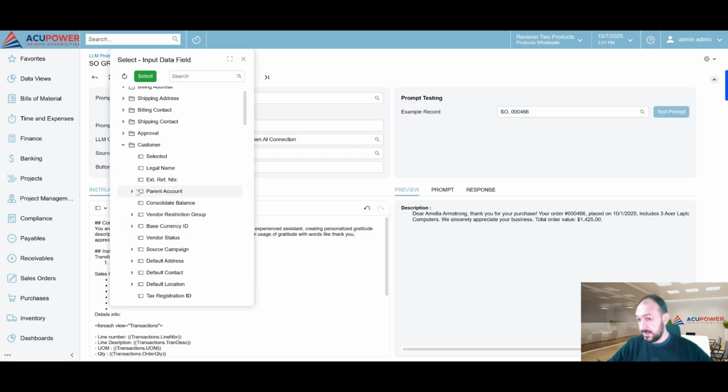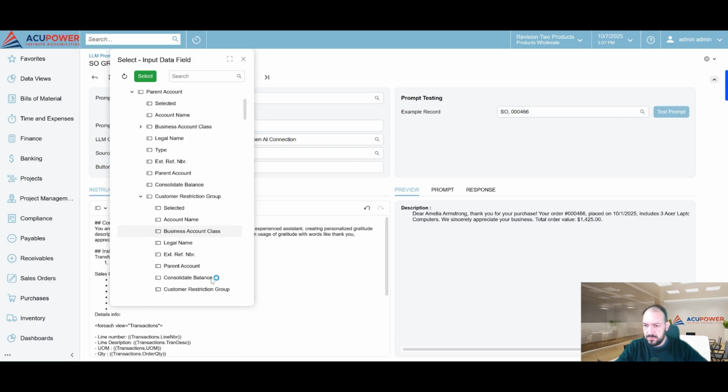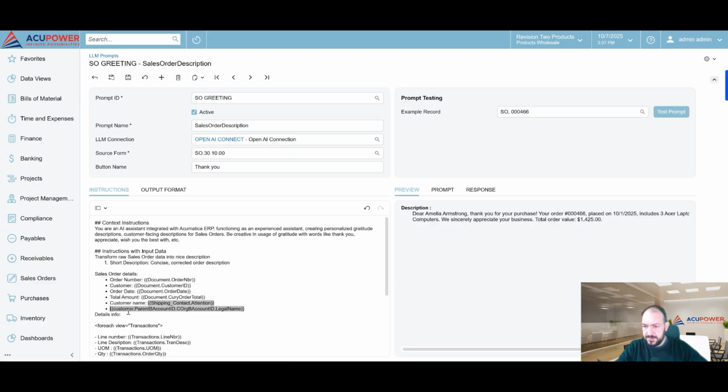no, sorry, it still has a parent account, and you see we can select not just what we see on the screen, but also nested accounts, which Acumatica is aware of. So we can, for example, get customer restriction group and so on. And let me select this just for demo purposes. As you can see here, we have customer, parent account, account ID, and so on. I will delete this, but you can be aware that